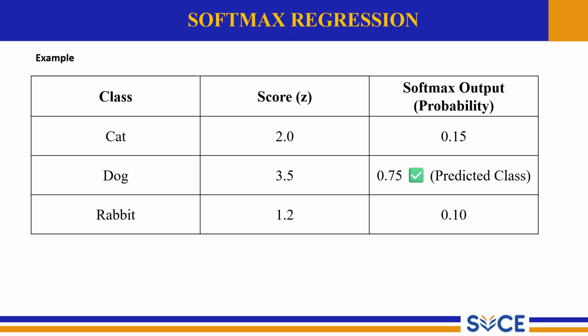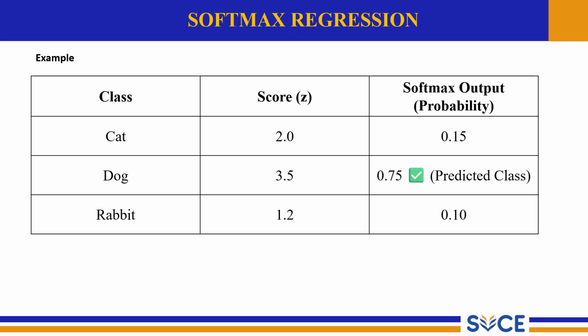So we know that softmax regression is a classification method that is used when we have more than two output classes. Here the example is given. If we want to classify an image as a cat, a dog or a rabbit, we can use a softmax regression. It works by giving a probability for each class, and the class with the highest probability is the one